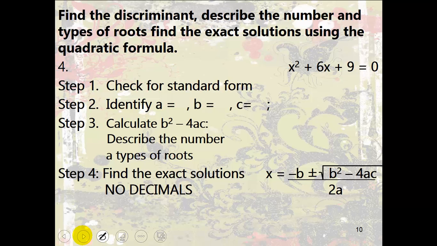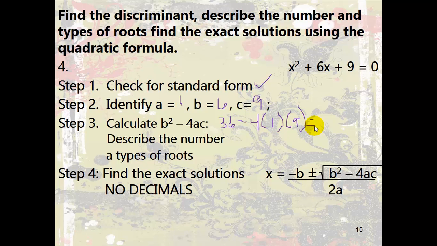This is where we get one solution. So we're in standard form, check. I have 1, 6, and 9. I'm going to calculate my discriminant, b squared minus 4ac, and I'm going to get 36 minus 4 times 1 times 9. That gives me 36 minus 36. I just plug that into my calculator. That gives me 0. So whenever my discriminant is 0, that means I have one rational